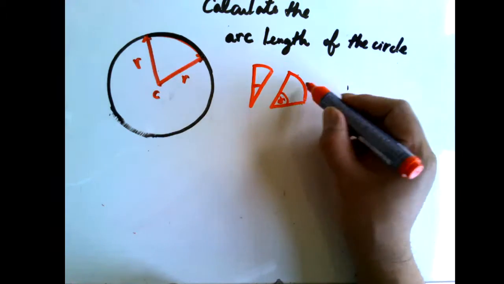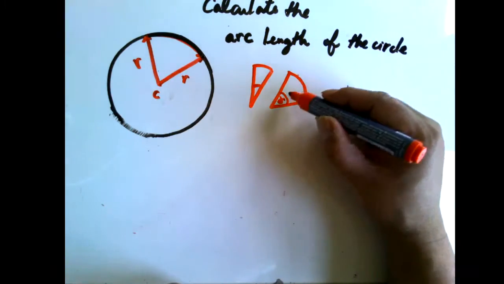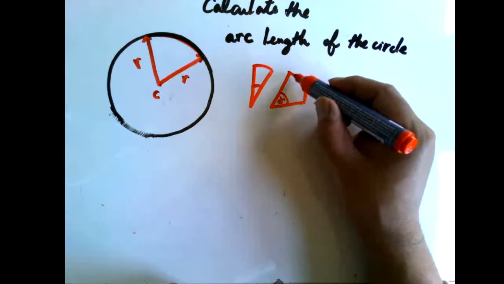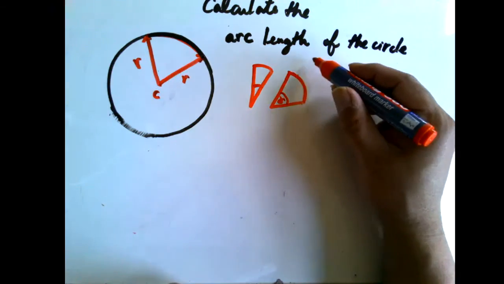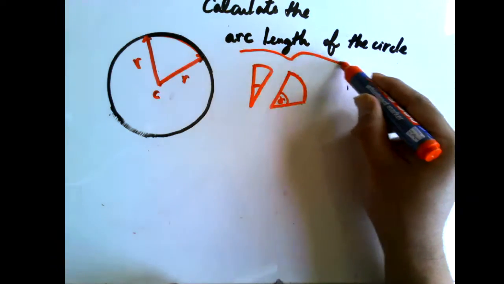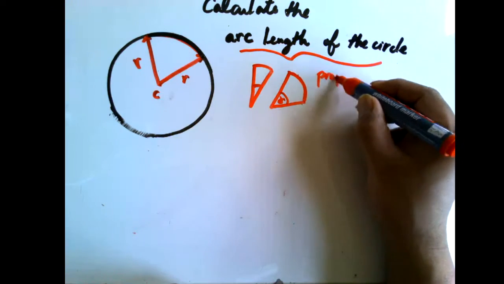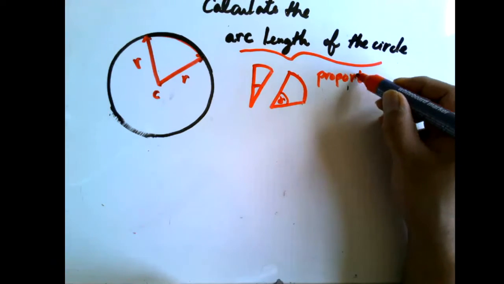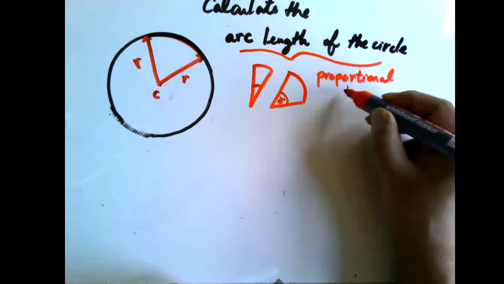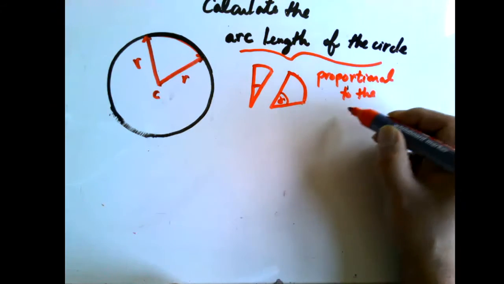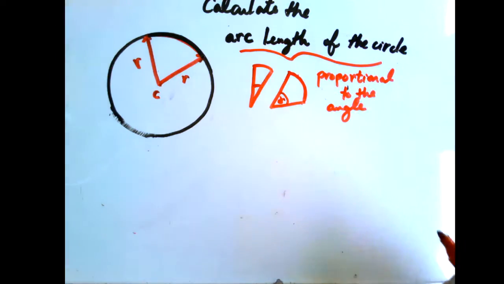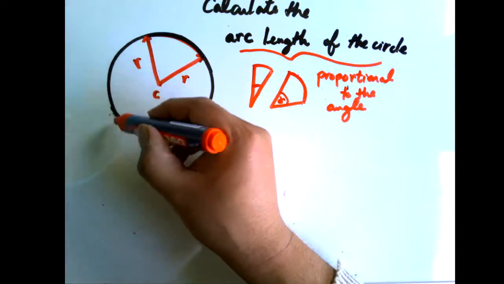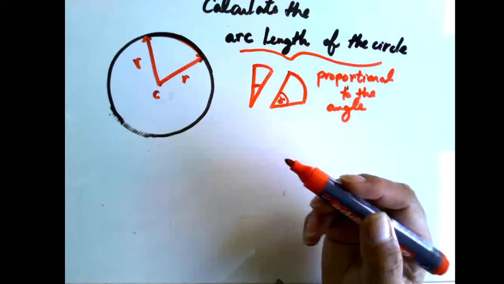So we can say that the length of the arc is proportional. We did ratio and proportion before. Proportional to the angle. And that's an important consideration. Now, how do we calculate the length? So, for example,